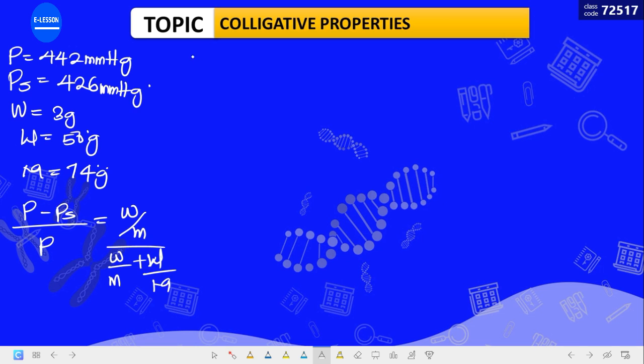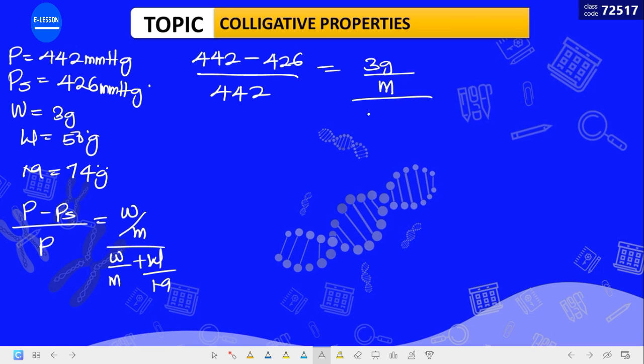Now substituting values: 442 minus 426 divided by 442 is equal to 3 gram over M, which you are looking for, divided by 3 over M plus big W, which is 50, and big M is 74. When you subtract and divide, it's going to give us